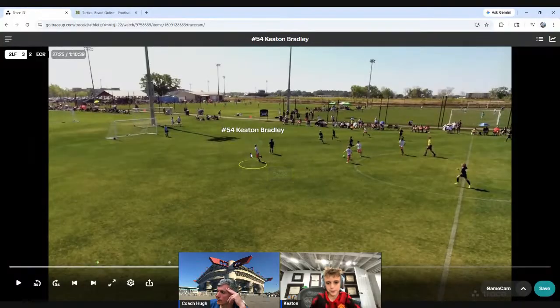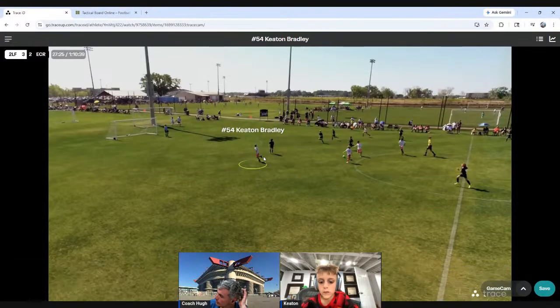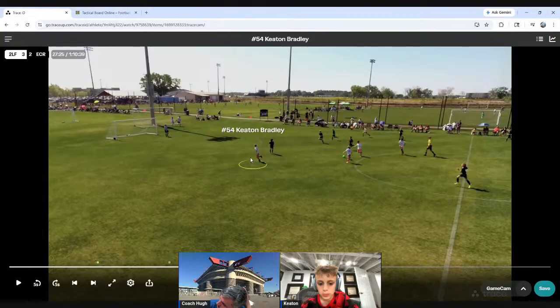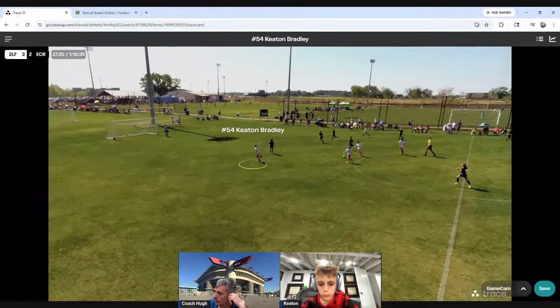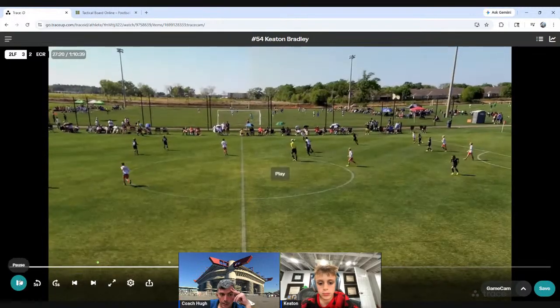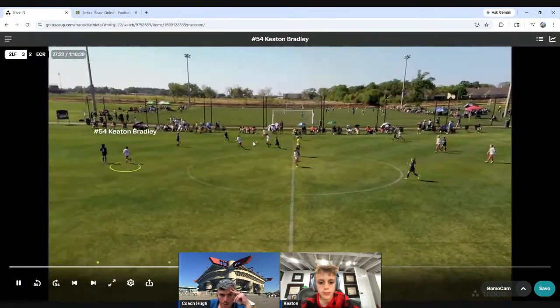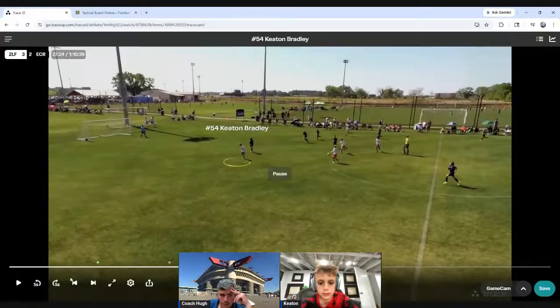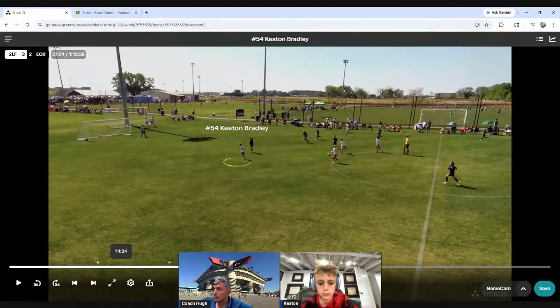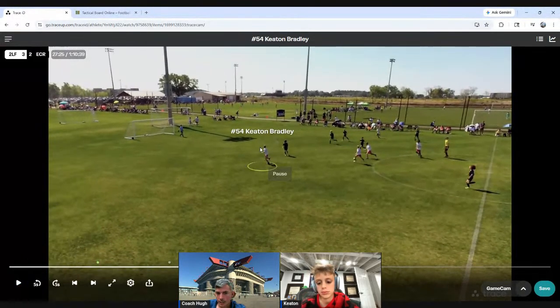So never turn your back to the ball. I don't know if you've ever heard the rules of the ocean. You never want to turn your back to the ocean because a wave could come and crush you. Same thing with soccer. Right here, when you see Nico grab the ball and turn your way, you should be backpedaling, because the moment you turn away from him, you're no longer an option if you're not looking at each other, unless you're checking over your shoulder, which you kind of do here. But now you're only anticipating a ball forward. So let's see what happens.